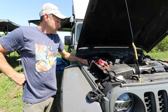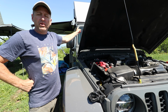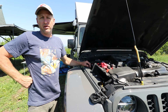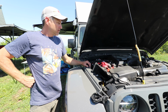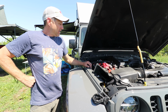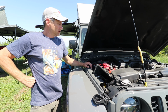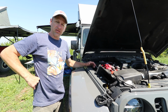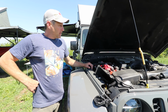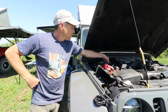I've got the refrigerator hooked up to it, and I've got two 12-volt cigarette lighters back there on the driver's side, the back corner, hooked up. So far, it's done really well. The one thing that we are going to do is we're looking at getting a solar panel, because if you stay put, of course you don't drive, then your alternator doesn't charge up the batteries. And then we also have a G screen that we installed, and that plugs in right here,